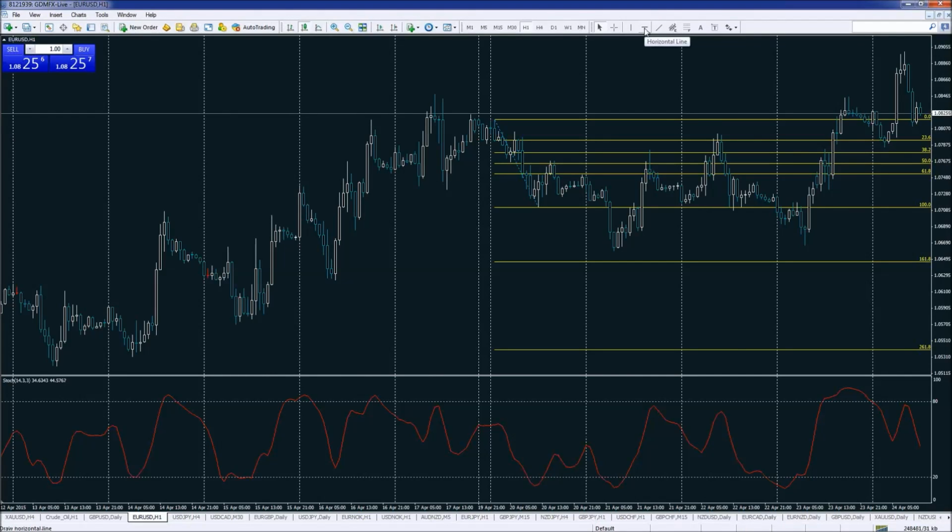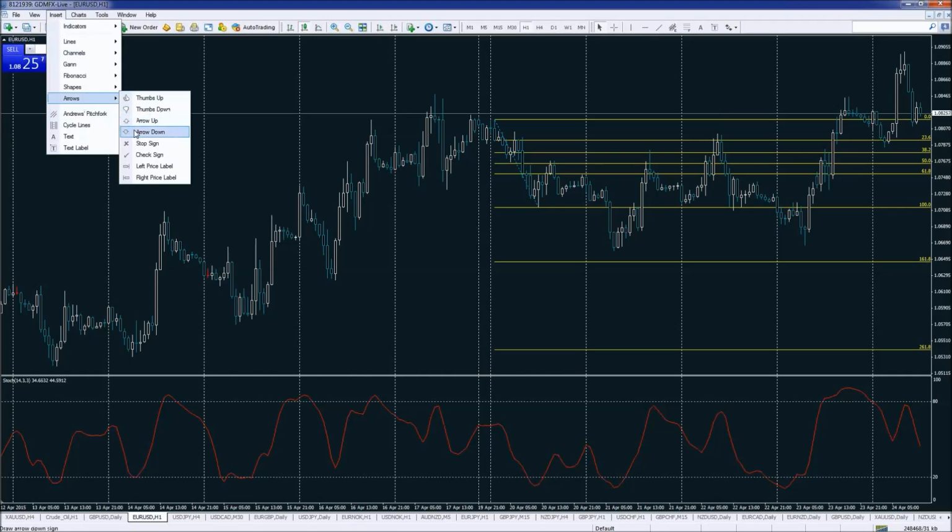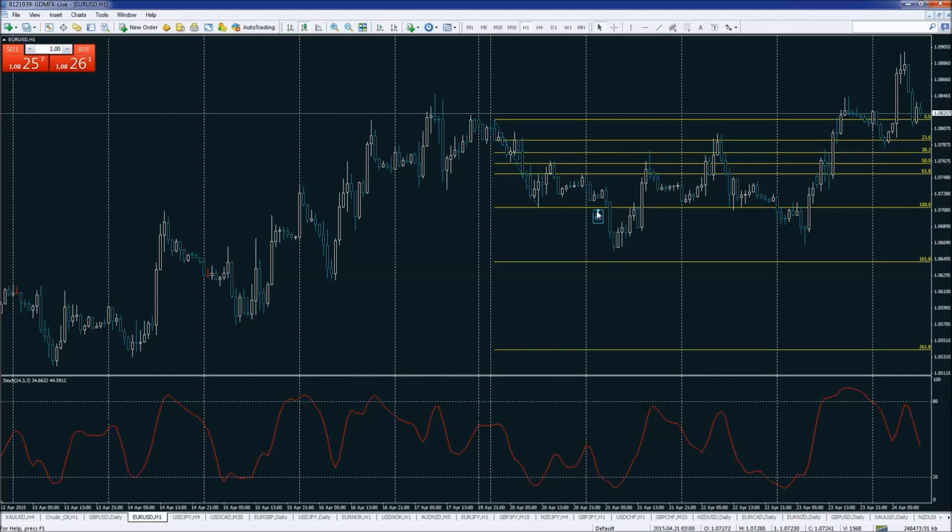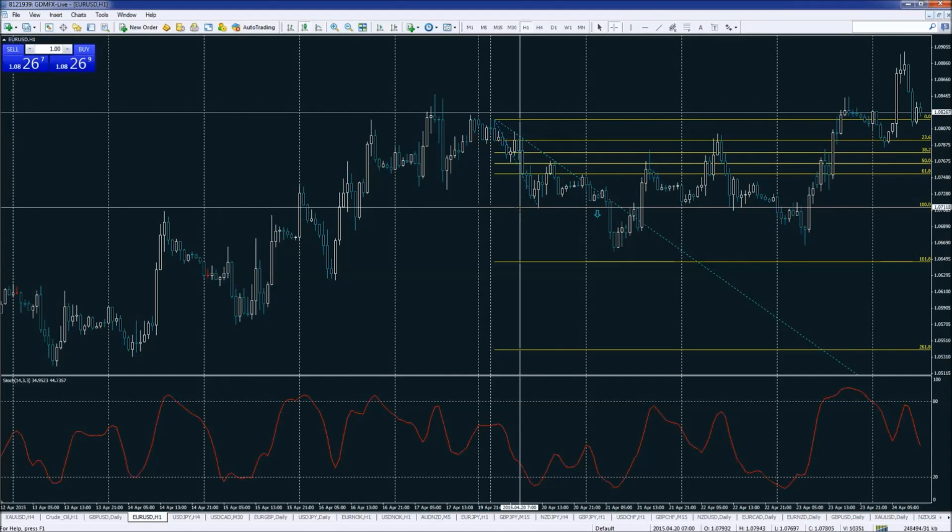So from a technical point of view, we're waiting for a break-off. Let me put an arrow here. We're waiting for a break-off down below the 100 level. Okay, we have a directional trend from the previous day. Let's follow the whole system once more. We had a directional trend on the previous day, then we're expecting the new day to continue to the downside, and from where we need to have a break-off,